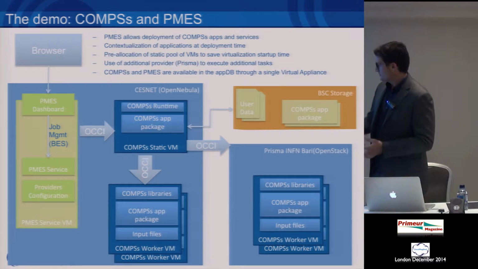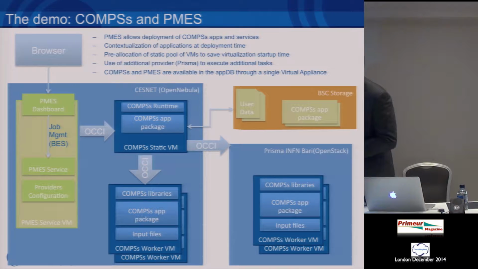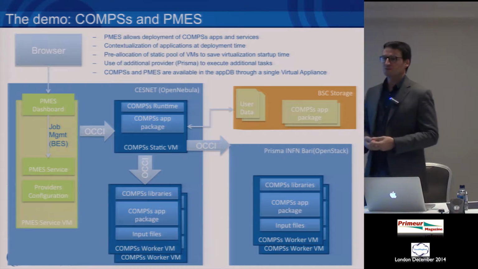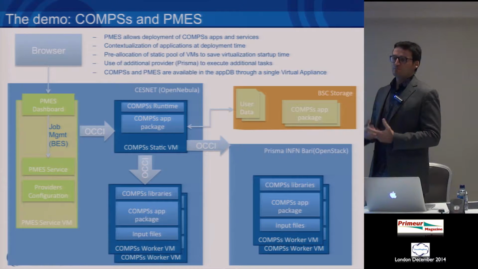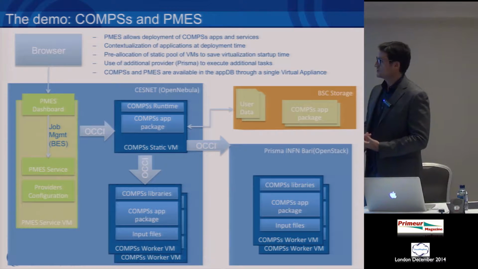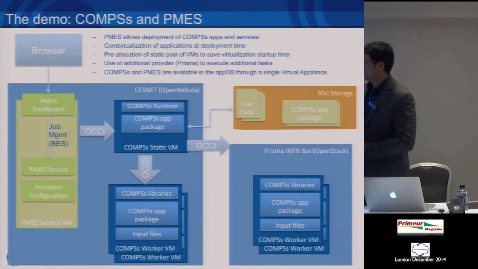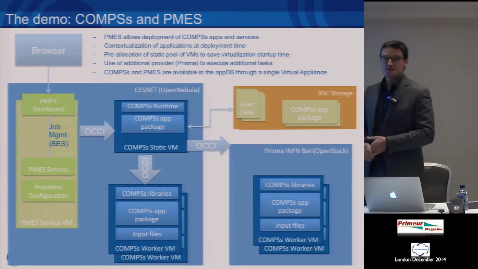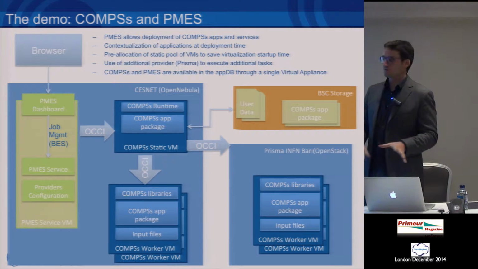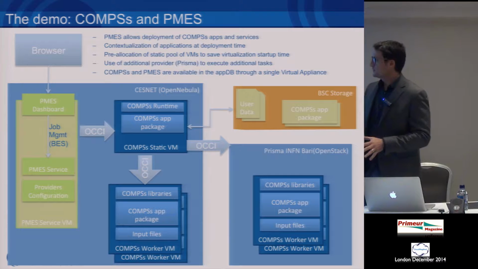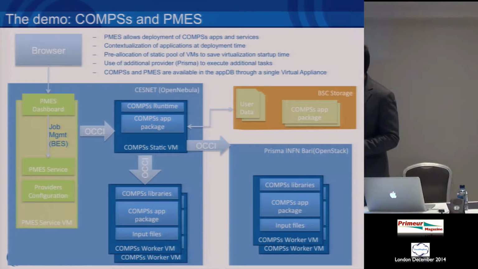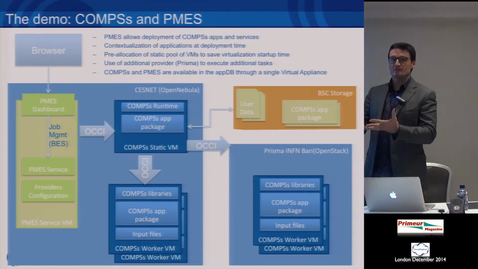So the testbed is the following. We have the programming model enhancement service, which is a service that allows the deployment of both COMPSs superscalar applications, but also standalone applications and services, on cloud infrastructures. So we have the machines available at SESnet. We have 3 machines, already created virtual machines. The one that provides the endpoint for the enhancement service that I will access through a web dashboard. And then we have 2 statically created virtual machines, but I will use just one. The one that executes the COMPSs superscalar application.